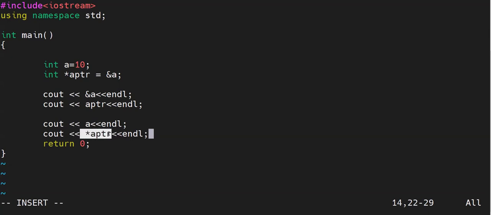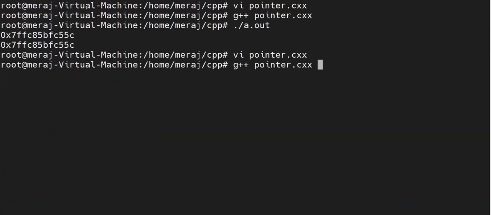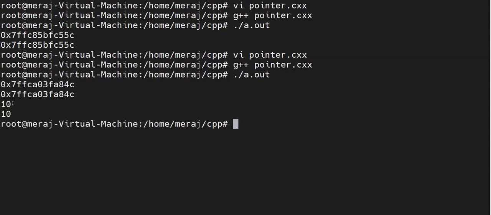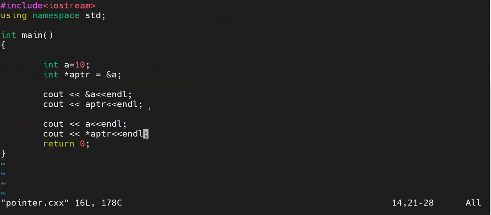This is the syntax of dereferencing a pointer. When you dereference a pointer, you get access to the value to which it is pointing. Here APTR is pointing to A, so if we dereference APTR, we'll get the value of A. Let's try and run our program. See, it printed 10. This is how you dereference a pointer.